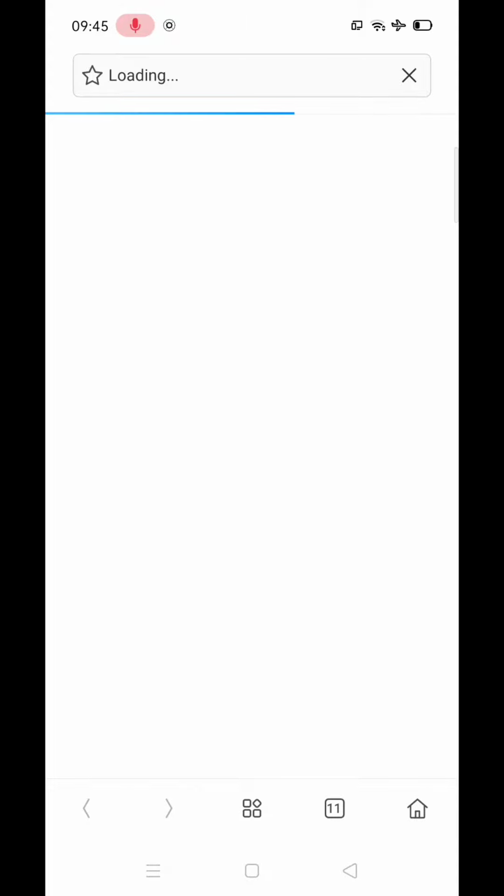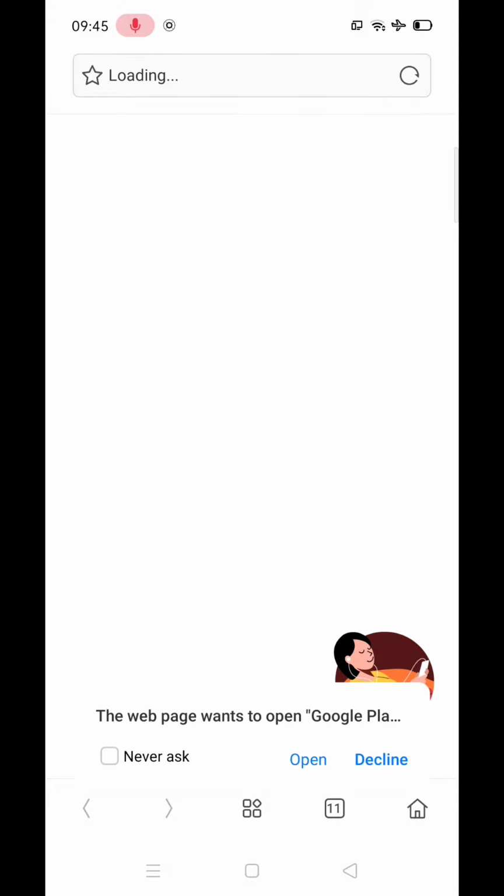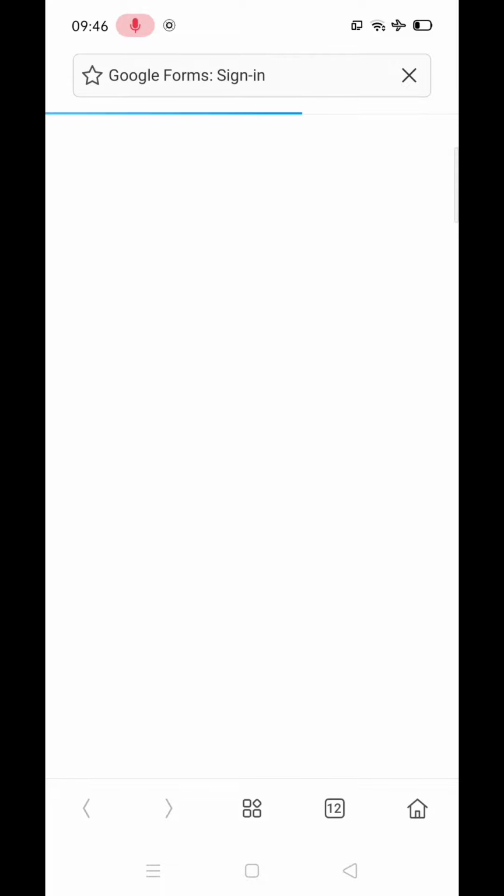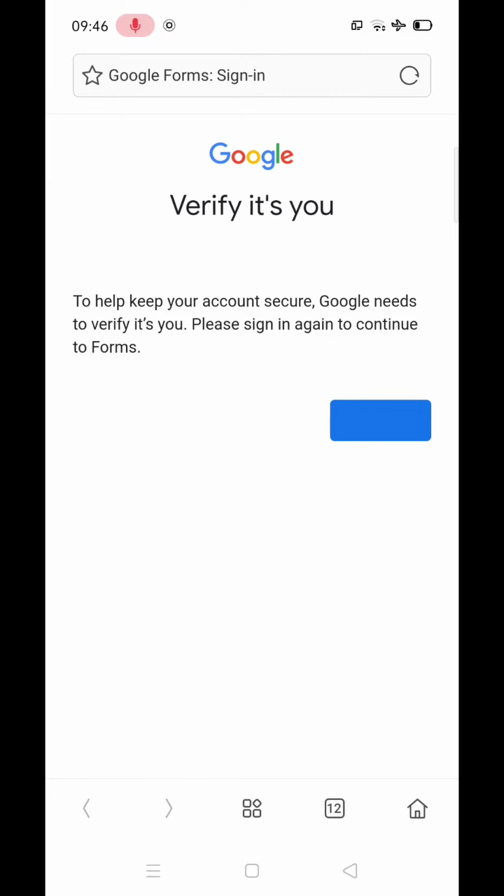The link will open in a web browser, so make sure that your web browser is logged in with your mgsnagpur.org mail ID. In order to solve this form, you need to log in with the correct mail ID.